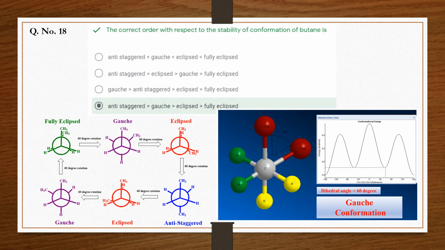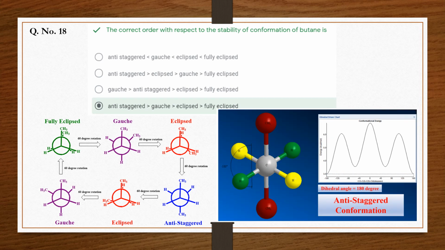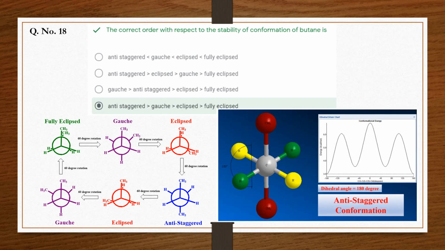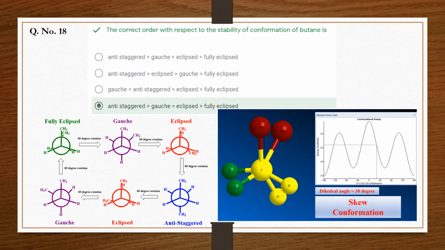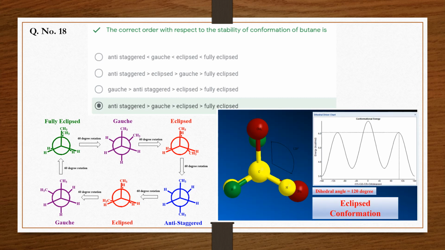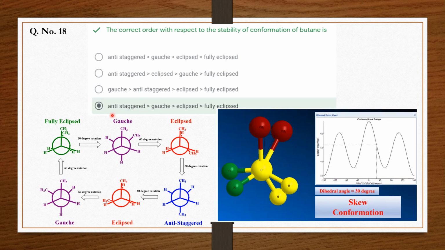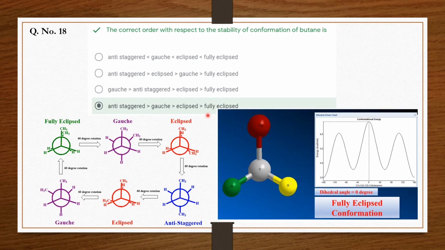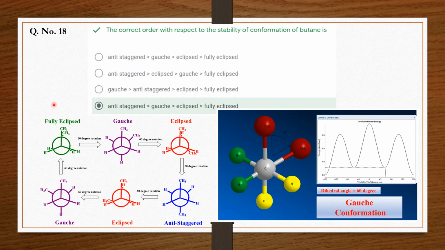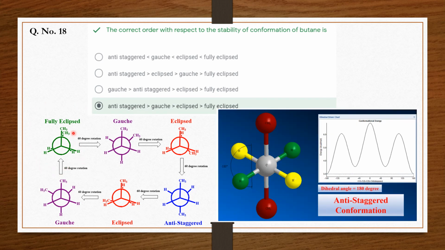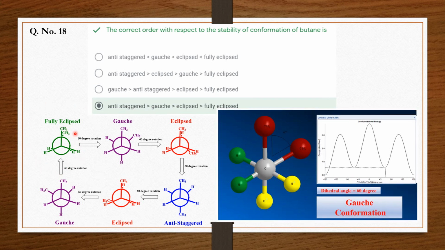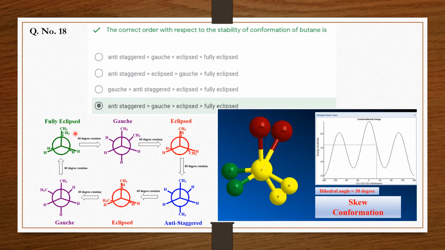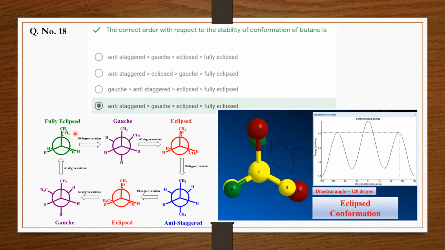The next question is, the correct order with respect to the stability of conformations of butane is? See, conformational isomerism is a kind of structural isomerism in which the isomers are interconverted due to carbon-carbon single bond rotation. In butane, we have 4 different conformers: anti-staggered, gauche, eclipsed and fully eclipsed. In fully eclipsed, the dihedral angle is 0 degree, and hence the methyl and methyl groups will experience a lot of torsional strain as well as steric repulsion, and this conformation will have the highest energy,